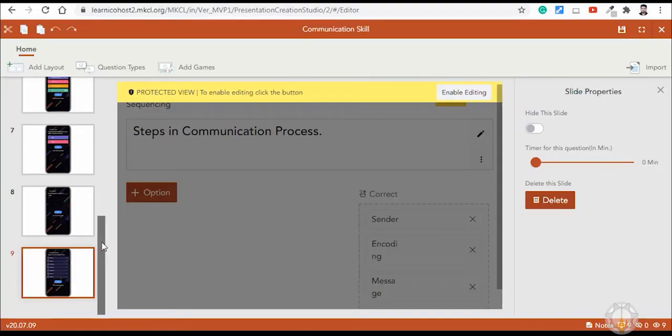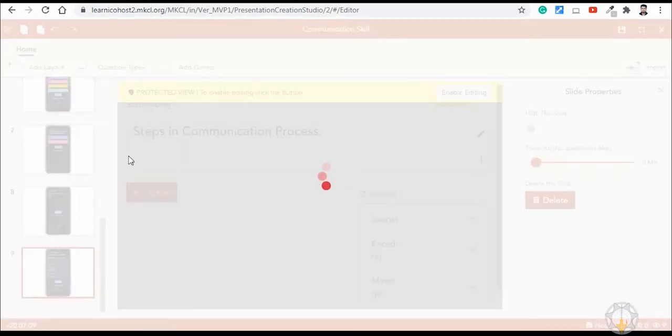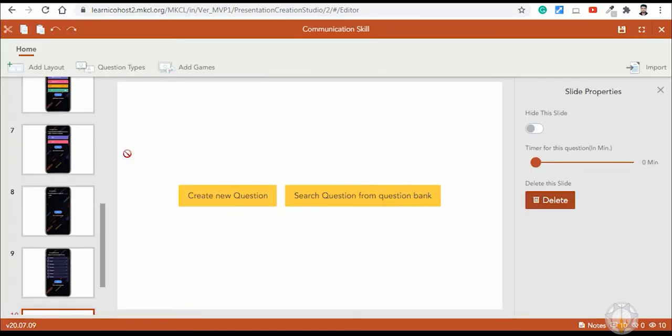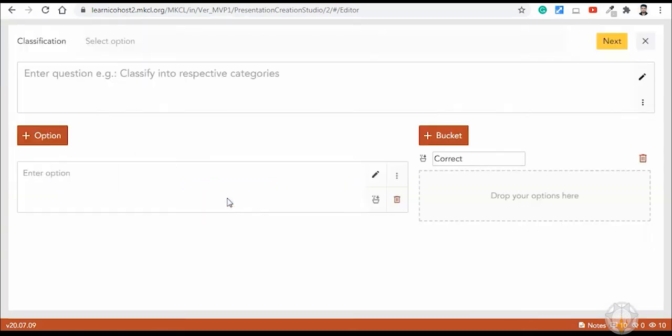Classification. Add questions and options by clicking on the edit icon.